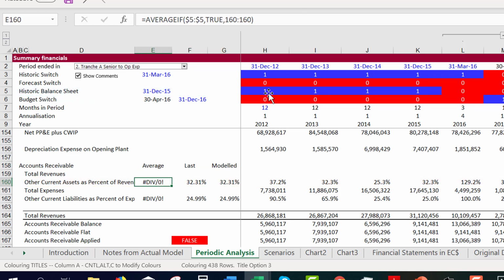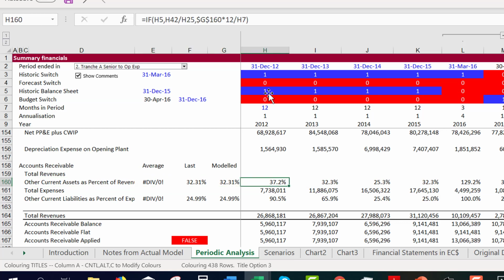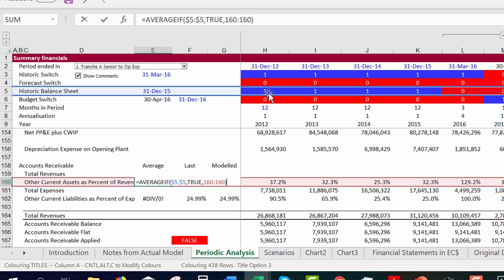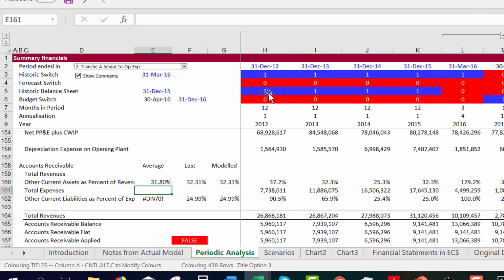Now, next thing is you might want the average if. Just a minute, I put true instead of one. Excuse me, I guess the average if doesn't quite work with a true or a one.